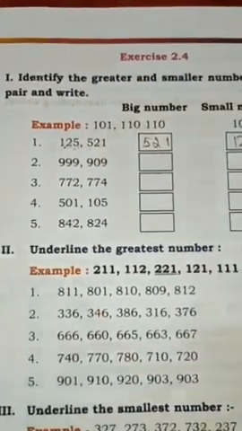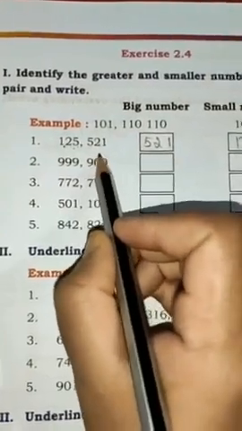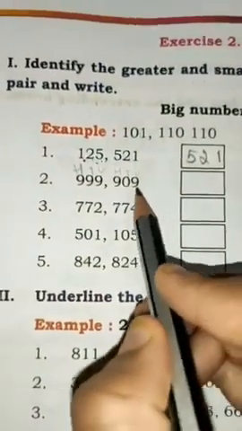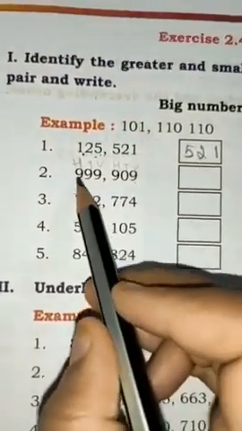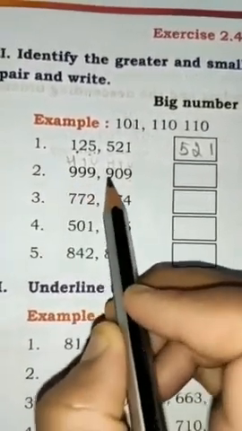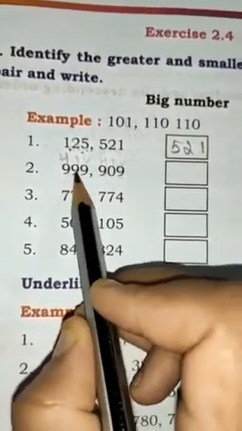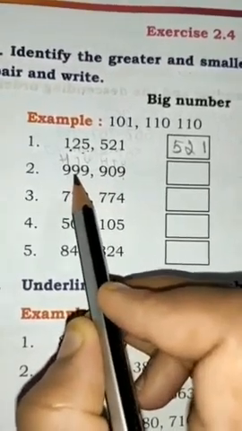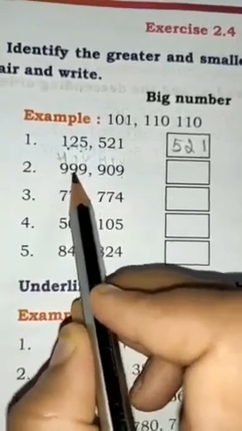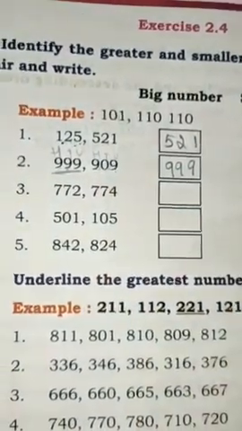Okay, it is one more way to solve the problems easily. So here let us give the names unit, 10, 100. First, what we have to do? Yes, we have to compare the numbers in the 100 place. Here when you compare the numbers in the 100 place, 9, 9, they both are the same. So next what I have to do? Yes, we have to go to the 10th place. Now here 9, 0. Now you tell me which is the bigger here? 9 is the biggest. So 999 is the big number and 909 is the small number.